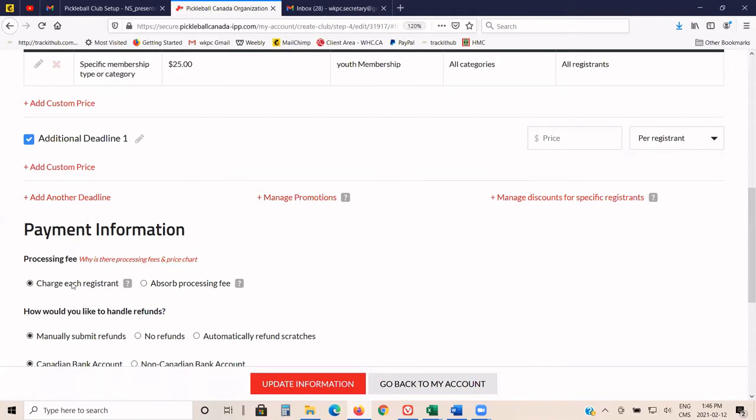You can decide to charge each registrant for this so that it's an addition. If your total fees are $50, the transaction fee will be on top of that, or your club can decide to absorb that processing fee. I'm going to charge each registrant,